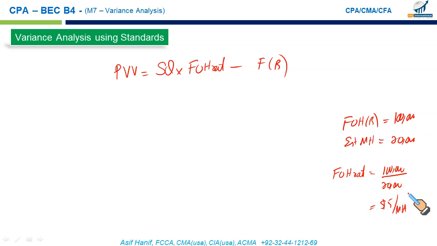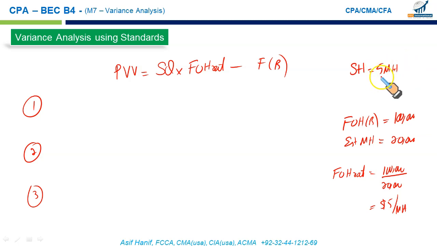Okay, now listen. Let us take three situations, 1, 2 and 3. And let us further assume that our standard hour for each unit of output, final output, is 5 machine hours. Which means each final product should take 5 machine hours. This is the standard hours allowed. Now if 5 machine hours are the standard allowed hours for each output, and we have estimated the use of 20,000 machine hours, what would it mean? That we are expecting to produce 4,000 units. So this is the quantity of production we are expecting, because 4,000 units will be produced, each taking 5 hours, which means we will use 20,000 machine hours.